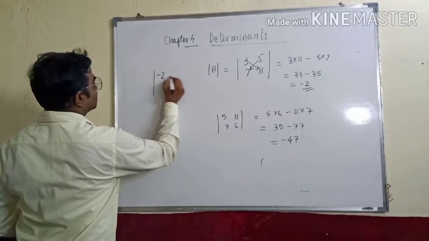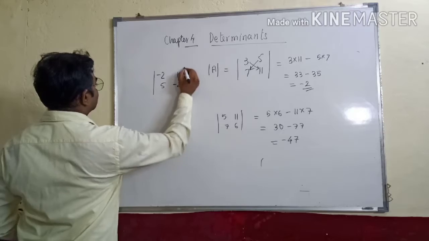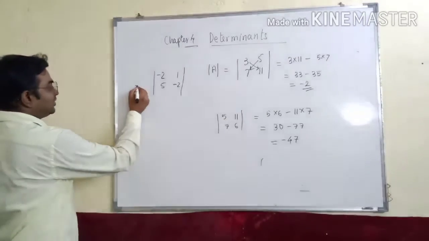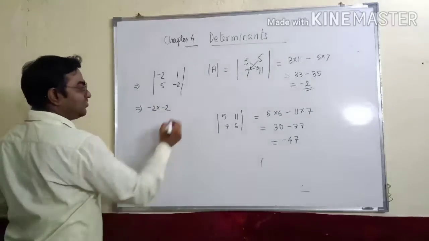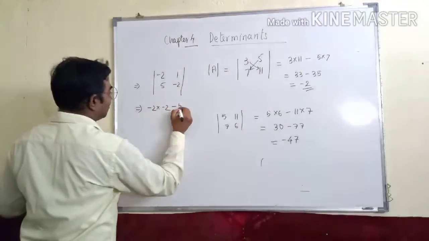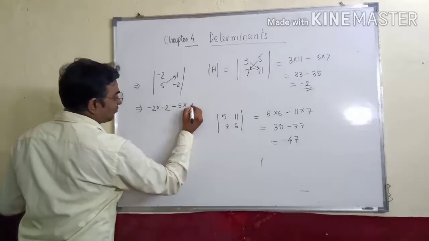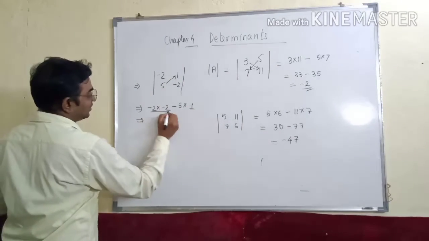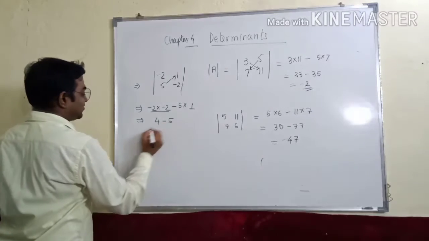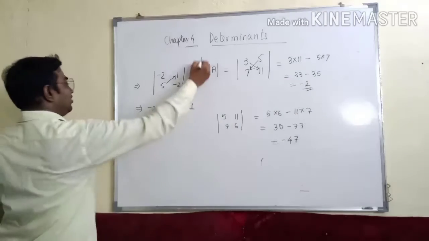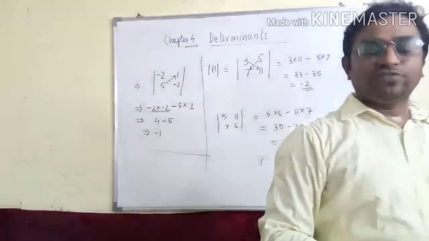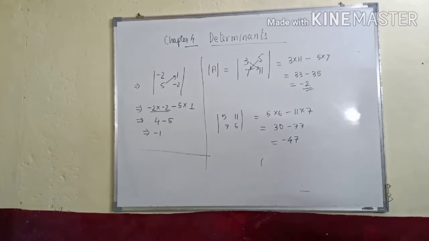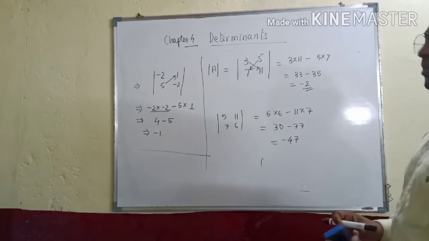Here we will have one more example. When there are negative terms, 2, 1, 5, minus 2, how will we find the value? This will be an easy way. We will multiply minus 2 into minus 2. Here we will write a negative sign, and again we will go for the cross product from here. So this will be 5 into 1. So this will become negative, negative, positive, and this will be minus 4 minus 5. The outcome will be minus 1. So now you can understand how to find the value of a second order determinant. I hope you understood the thing. It is the easiest way to tackle any second order determinant.